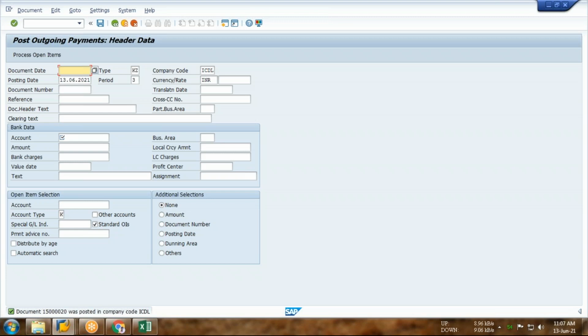Yes, sir. So we have done manual payment, where we have seen how to make the full payment, how to make payment with discount, how to make the partial payment, and today we have seen how to adjust all the advance payment with the vendor invoice. And one more payment part is pending, that is called automatic payment in SAP. Shall I start that automatic payment part?